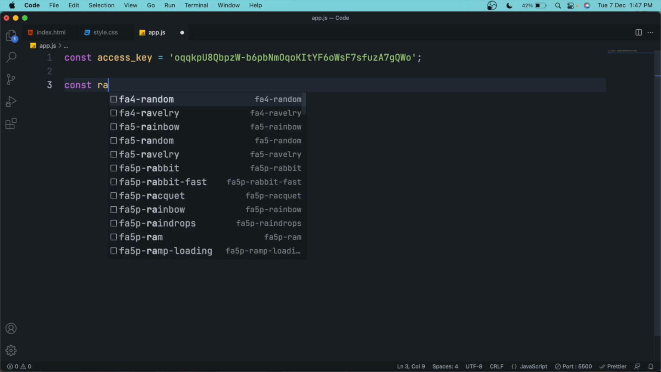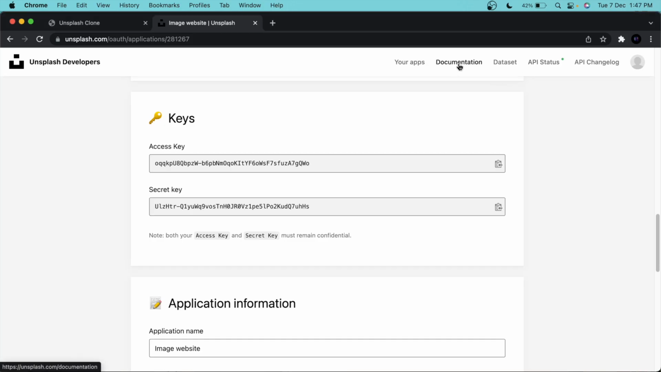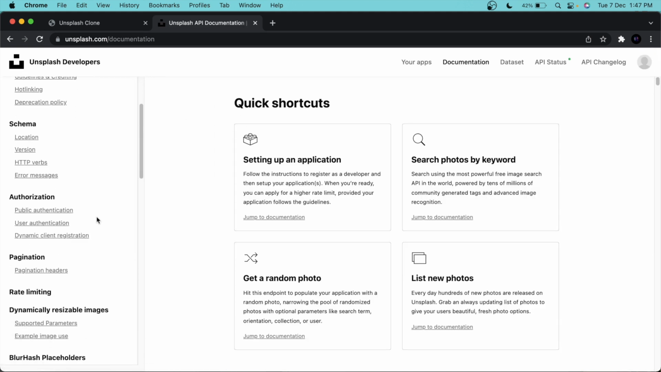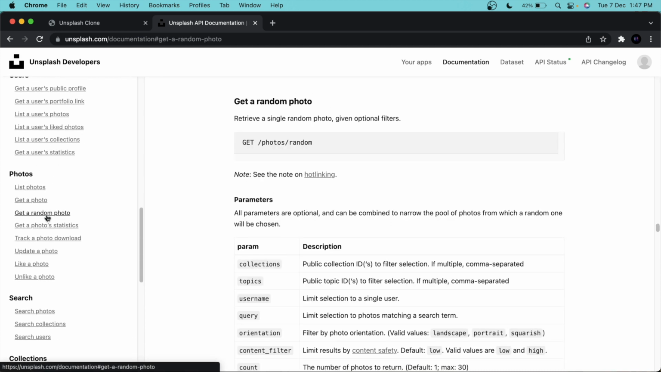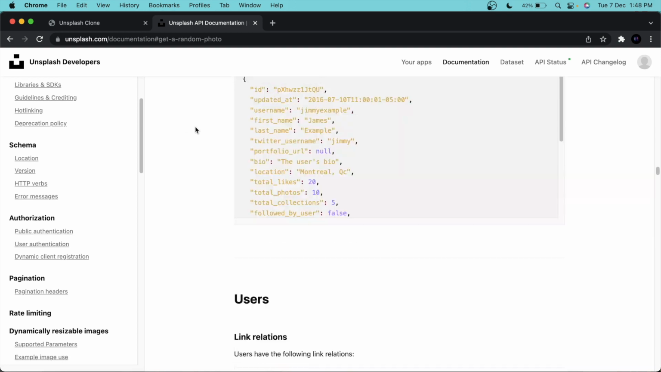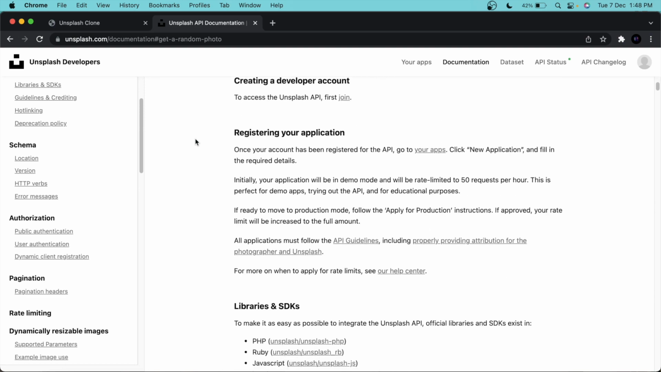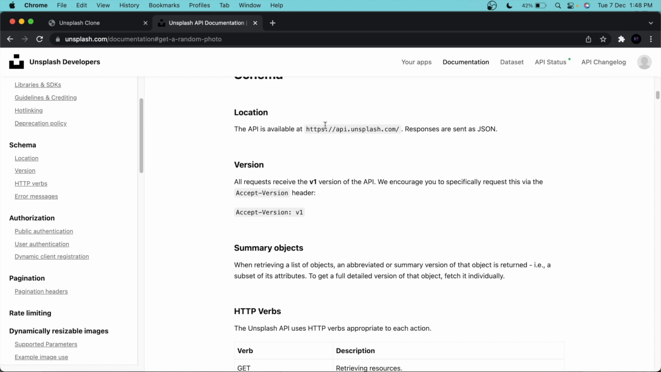After that, make another variable, name it random photo URL. This will be our random photo URL link. This link will give us the random photo. So go to the documentation page, scroll down and go to the random photo section. Here you can see the random photo link, but before that we need the access point. For that, go to the top and you can find the link here. Yes, you can see this link, the Unsplash link. Copy this link